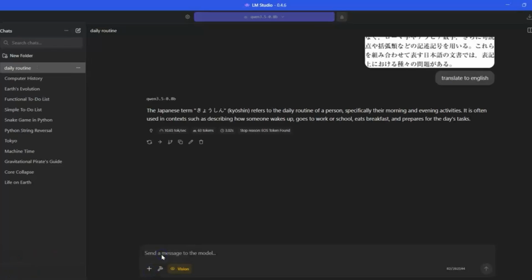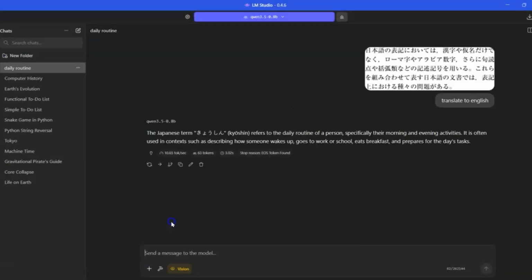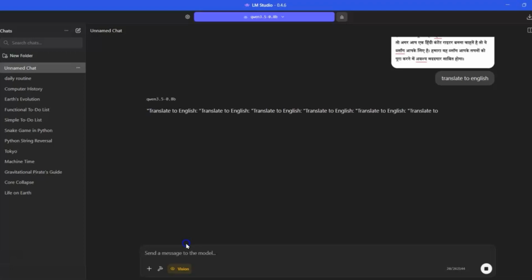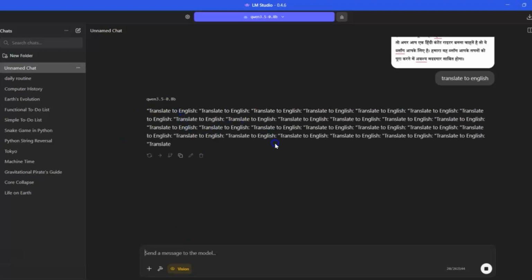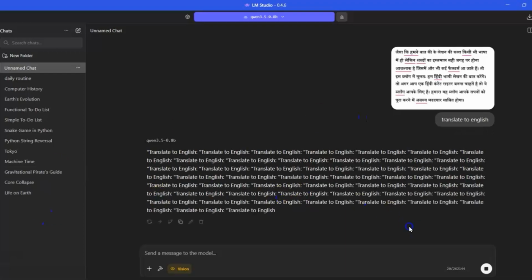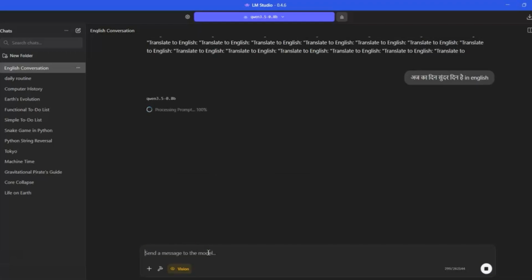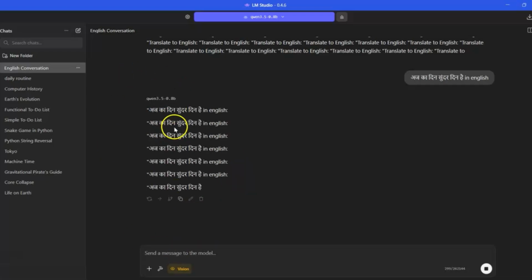Next, we gave it a non-English image and asked it to extract the text and then translate it to English. Here we can see that I tested it on Japanese and on Hindi, and I don't think either of them makes any sense. In the Hindi one, it just copy pasted the same sentence again and again. So it might be a little under the limit. While I've heard that it works really great for Chinese translation, in the case of these two, it didn't perform quite as I expected it to.